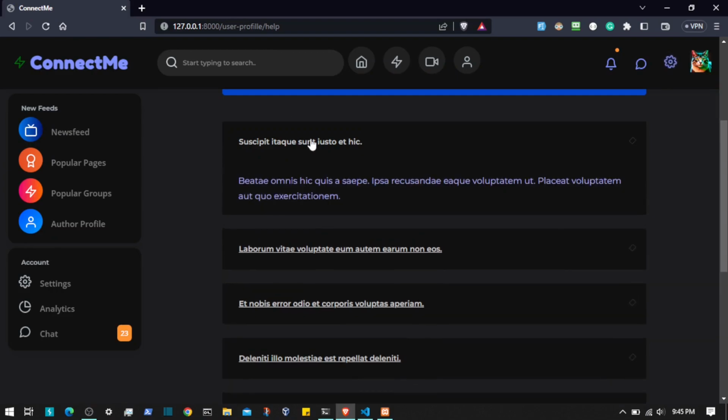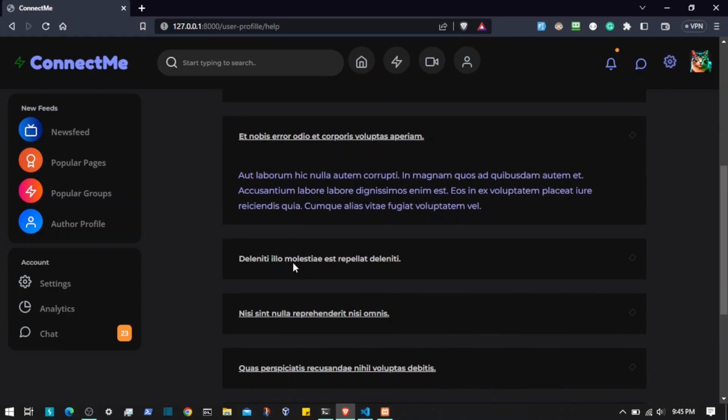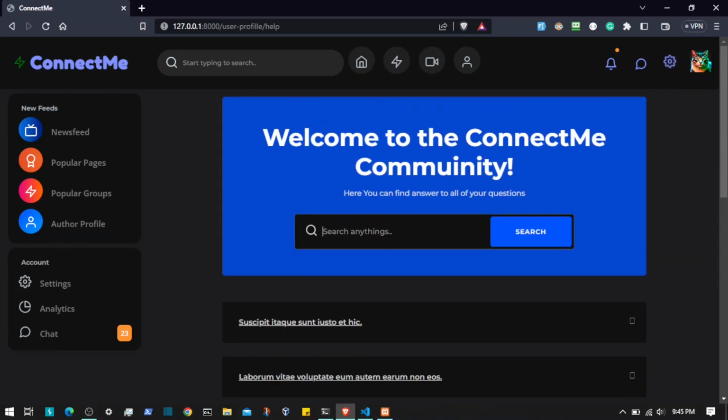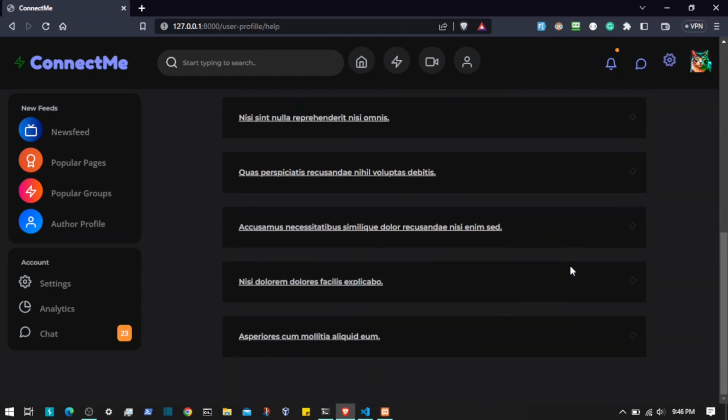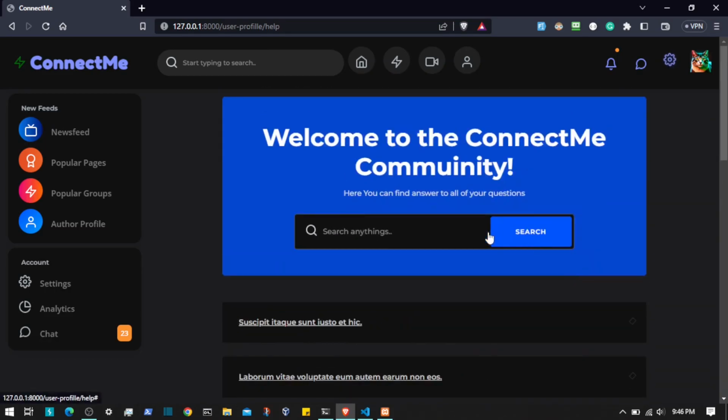So if I click on this, as you can see, it's like expanding and collapsing. So this functionality works, and if I search for something, let's say lab, as you can see, it shows those items right here. Now also we have multiple like infinite pagination. So if I scroll down, it's going to load more pages. So hopefully this functionality works. Now we can move on to the